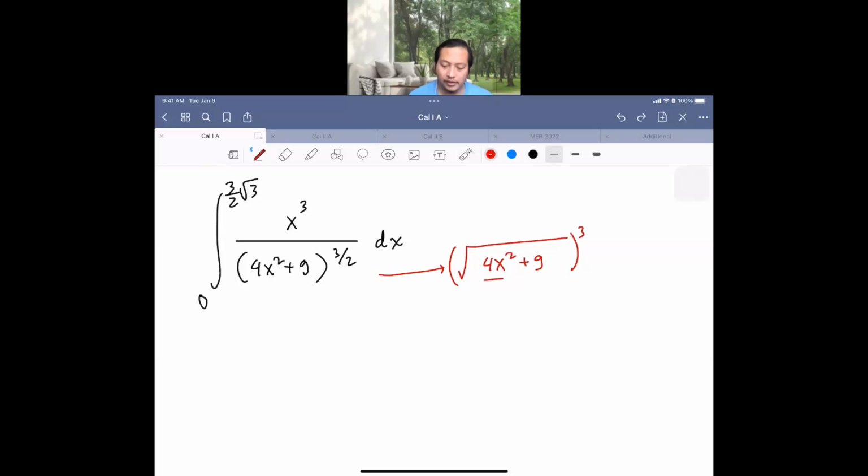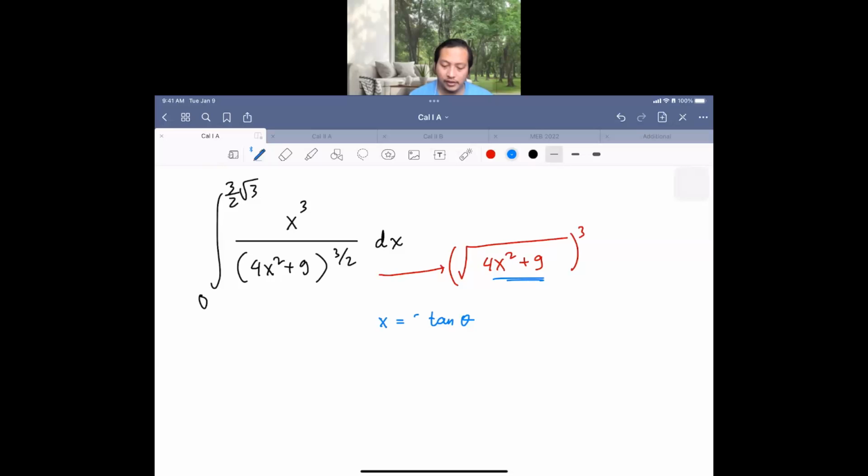Now we have 4x squared plus 9. It's not just x squared plus 9 that you can directly say will be 3 tangent theta, right? But we have 4. What could we do here? We need to do something on the x so that we can cancel 4 and it becomes 9. So we would like to have, for example, since we have a plus, the x should have at least a tangent theta, for one element. Another element that we could have is,